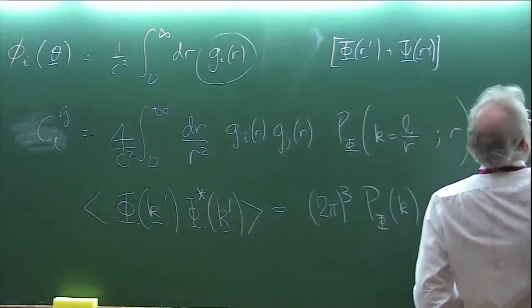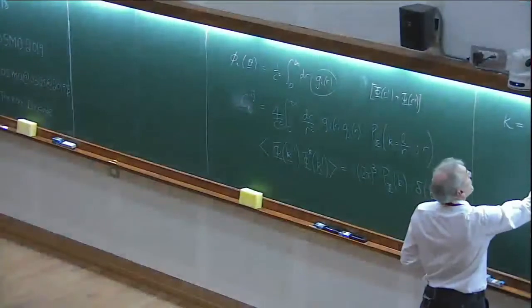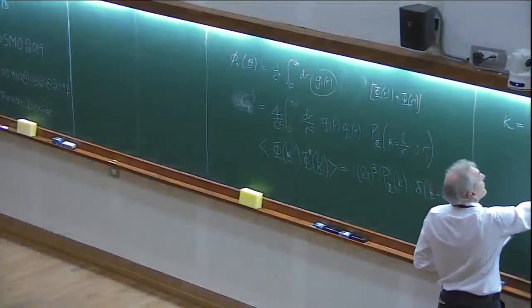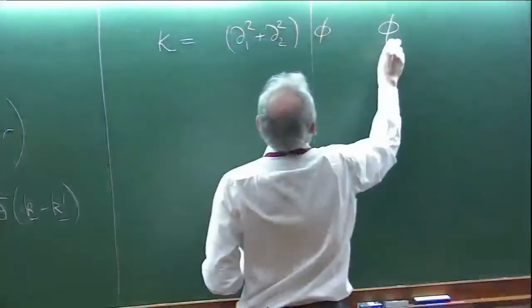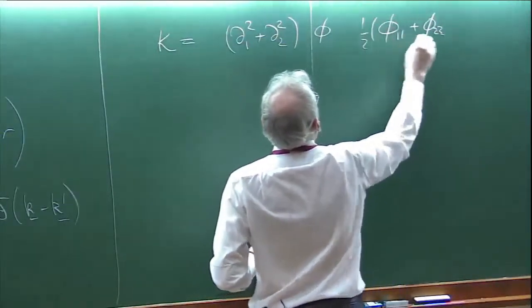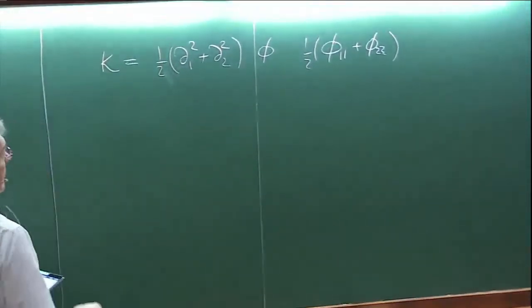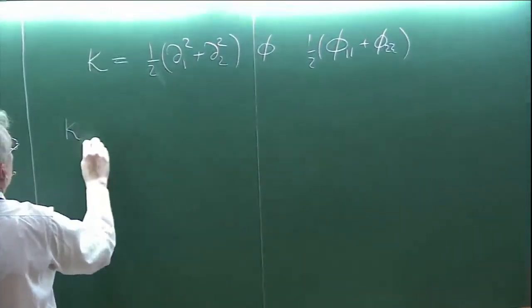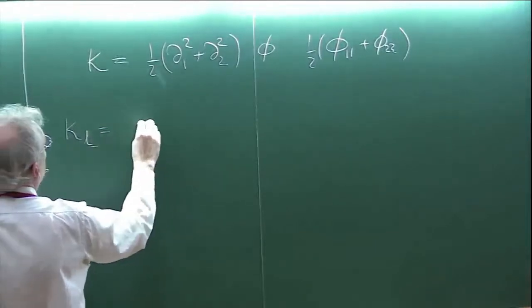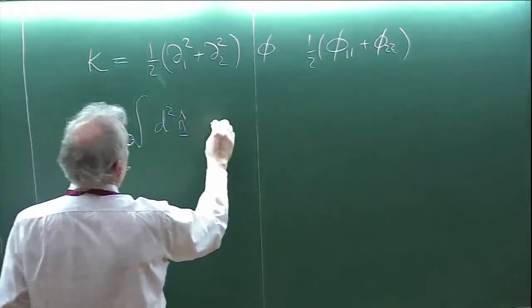And if you remember that kappa was d1 squared plus d2 squared times phi, in other words, I think I wrote that as phi 11 plus phi 22, over 2. So if we translate that into Fourier space, so if we have kappa L as the integral over theta, or over n hat, if you like,